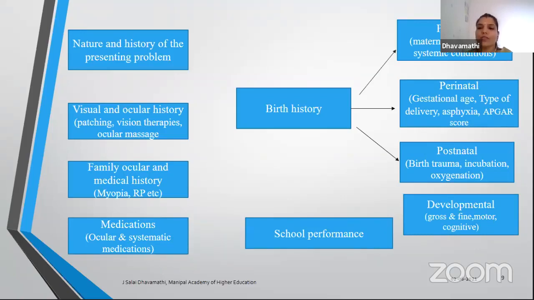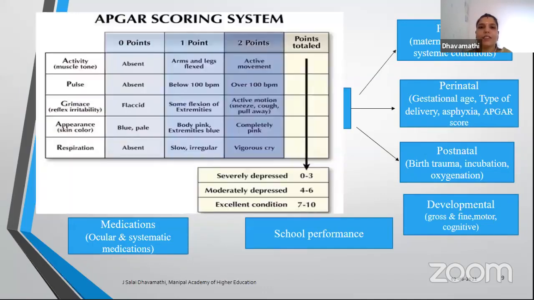Apgar score is a scoring system where, immediately after the birth, we notice the child's activity, pulse, grimace, appearance, and respiration. It is scored from 0 to 2 points. If the activity is good, they score 2 points. On the whole, if the child gets a score of 7 and above, the child is normal, and they are ready to